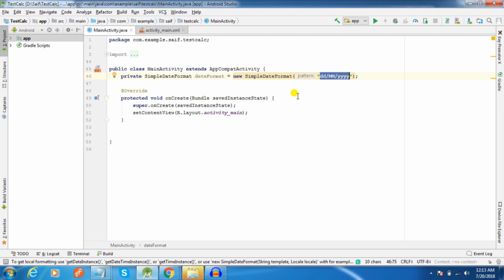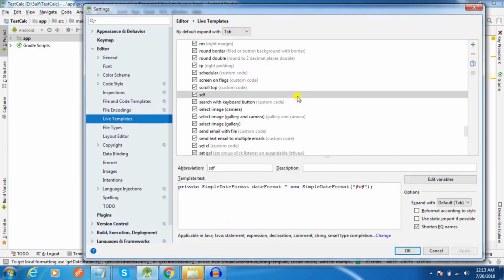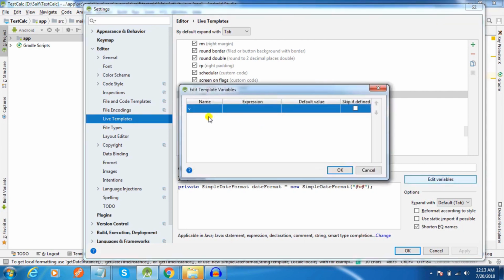To open the settings, one quick shortcut is Ctrl Alt S, and it quickly opens the window. So here I need to set the default value of this variable. To do that I will press edit variables, and here I can see my variable, and here I can set its default value. I need to type the default value within double quotes.